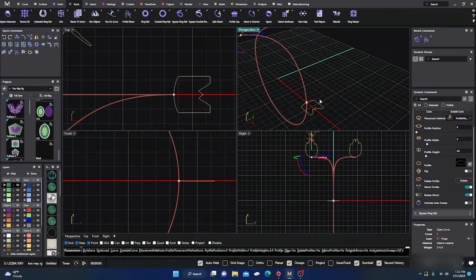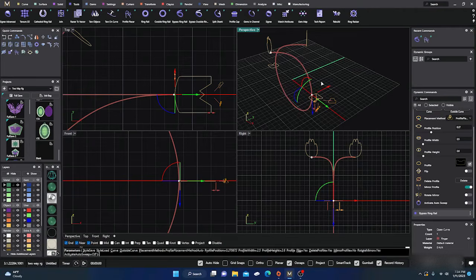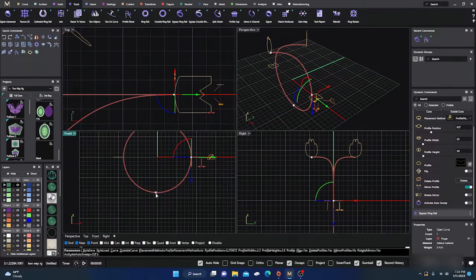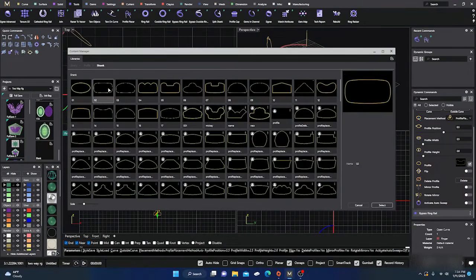So if I was to do anything to this one and I had it selected and I have it mirrored, whatever I do to this one here will be done to this one on the other side. See? Okay. All right. So let's do that, and let's just say we want another one down here at the bottom, and I'll click on that and we'll change that one to a different one. And we'll just change that one to a normal one. Okay, and hit enter